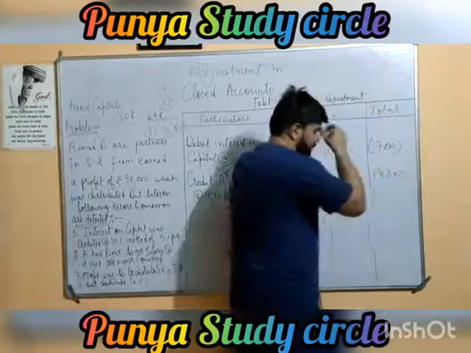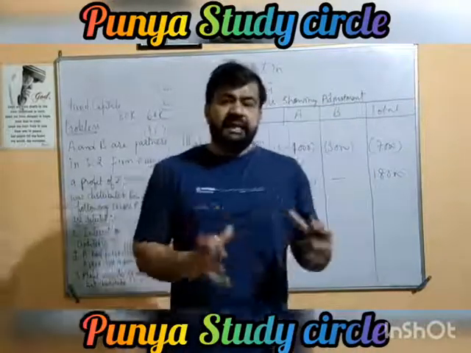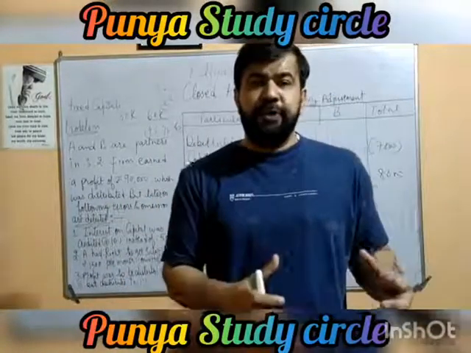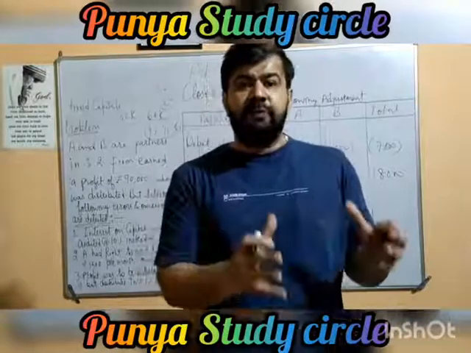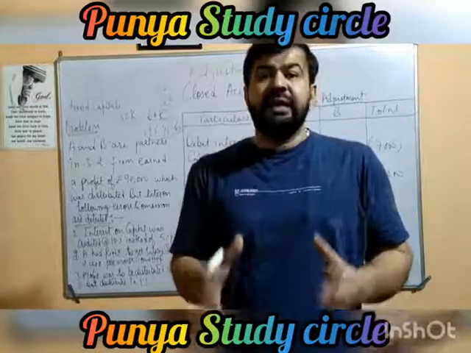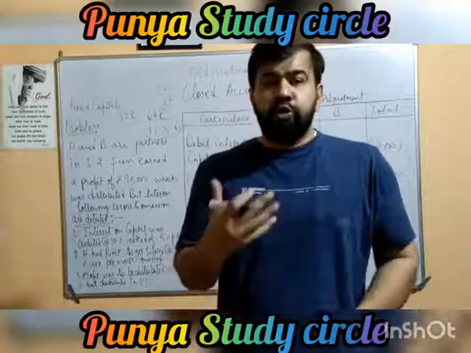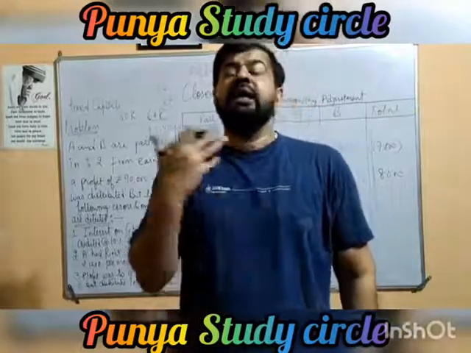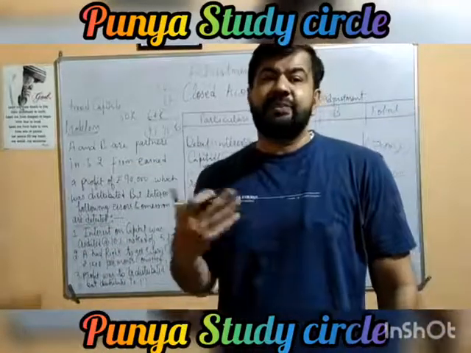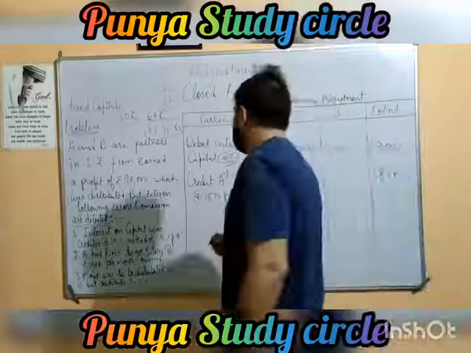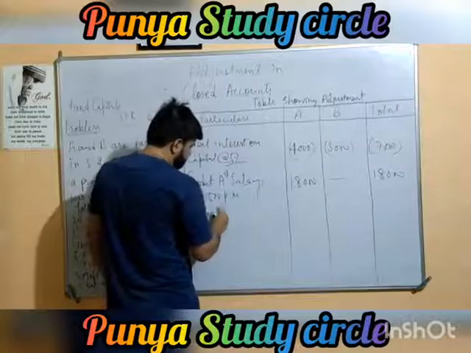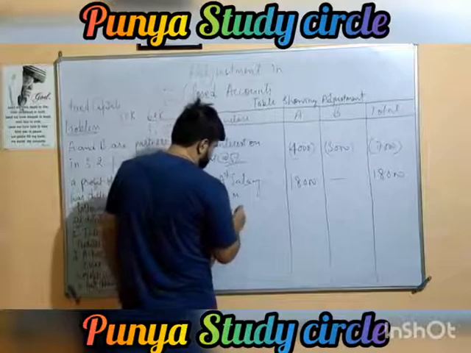18,000. Now, since entire profit has been wrongly distributed, we need to call back entire profit in order to find out actual divisible profit that will be available to be distributed among the partners in their given ratio, that is 3:2. In wrong ratio, we had distributed the profits. Now, in the same ratio in which we distributed this profit, whether that was wrong, we have to call back it from them. So we will write here, call back wrongly distributed profit.